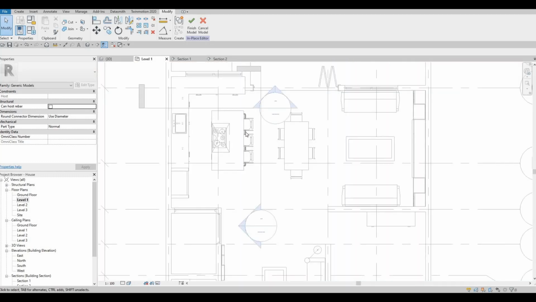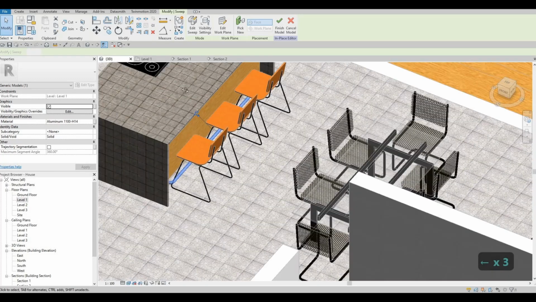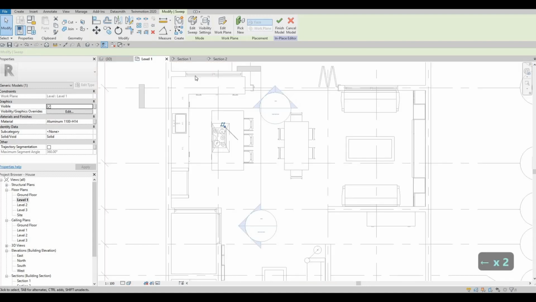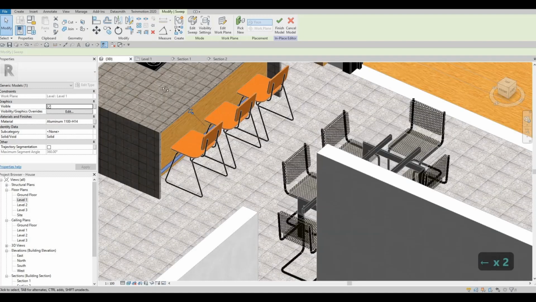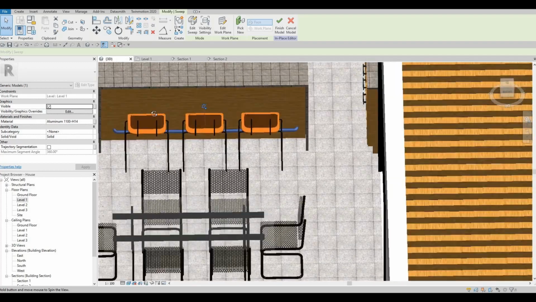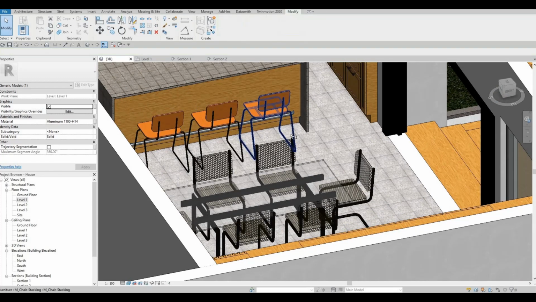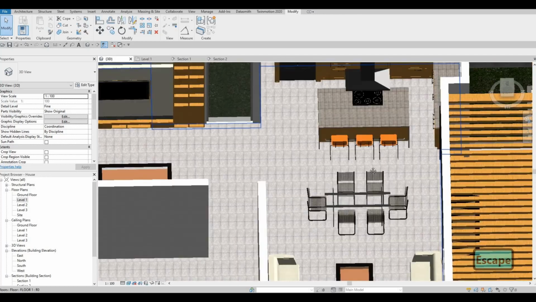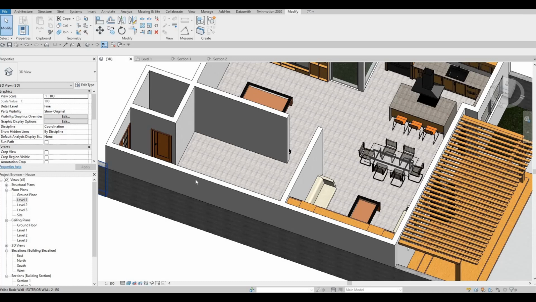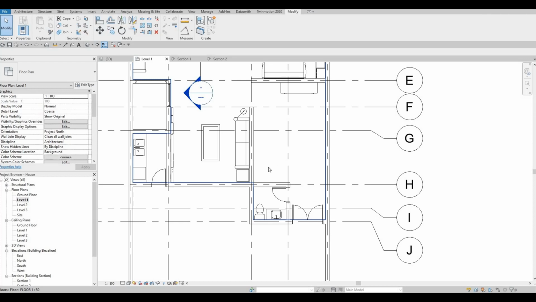And then now we just need to move it going inside. That looks good. A little bit more going inside. I think that's good enough. I like the way it looks. And then click on finish. And then now what I want to do is to create the L-shape